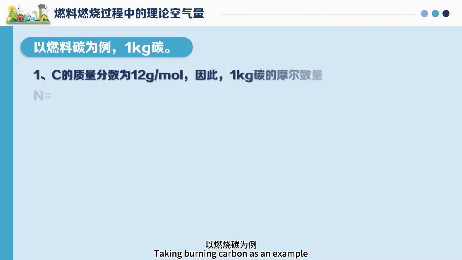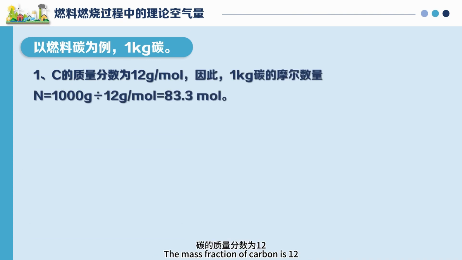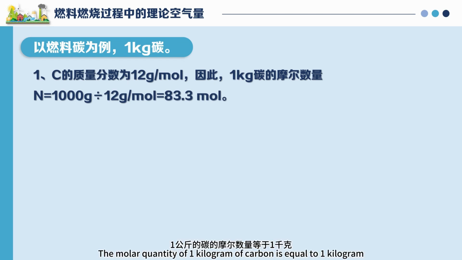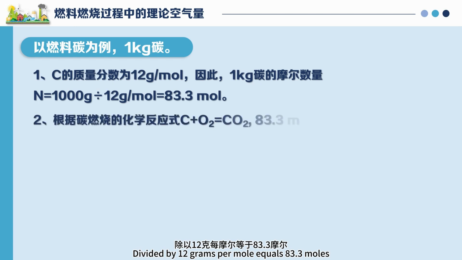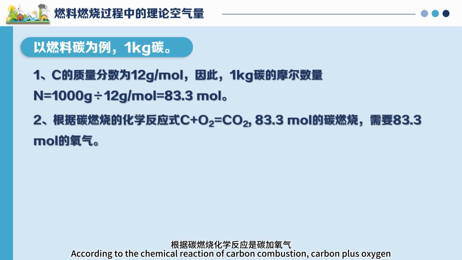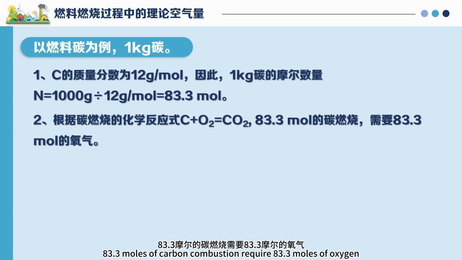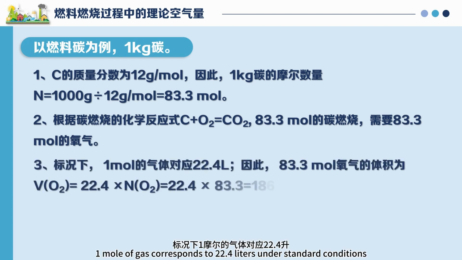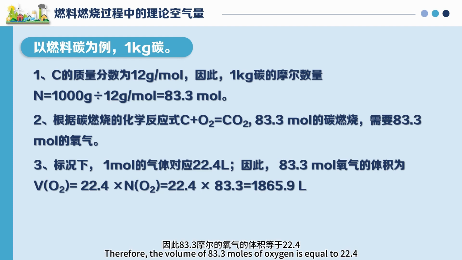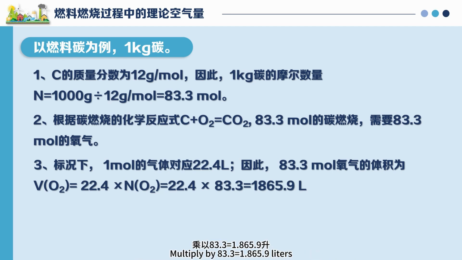Taking burning carbon as an example, take 1 kilogram of carbon. The molar mass of carbon is 12. Therefore, the molar quantity of 1 kilogram of carbon is equal to 1 kilogram divided by 12 grams per mole, which equals 83.3 moles. According to the chemical reaction of carbon combustion, carbon plus oxygen generates carbon dioxide. 83.3 moles of carbon combustion require 83.3 moles of oxygen. 1 mole of gas corresponds to 22.4 liters under standard conditions. Therefore, the volume of 83.3 moles of oxygen is equal to 22.4 multiplied by 83.3 equals